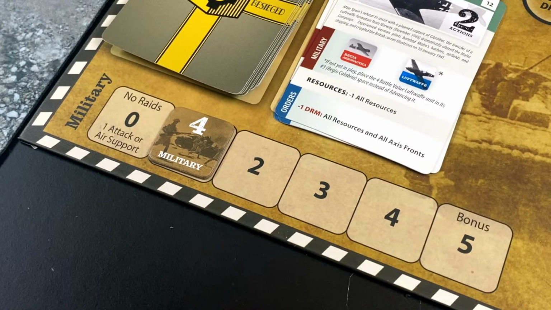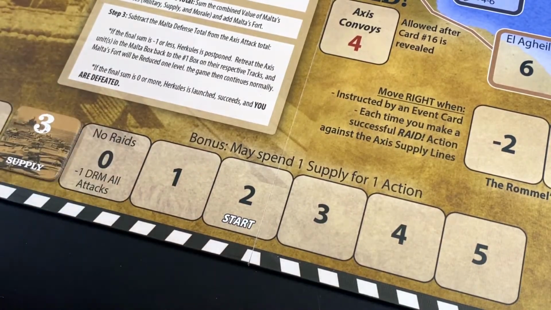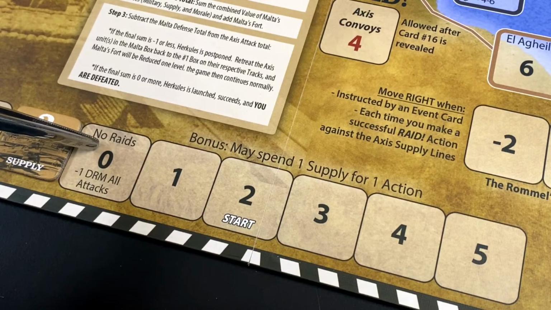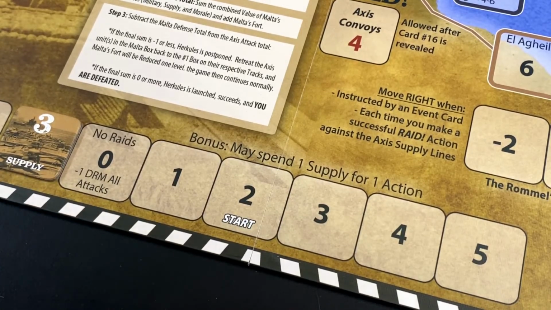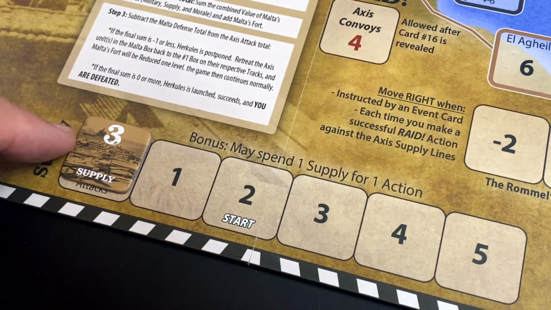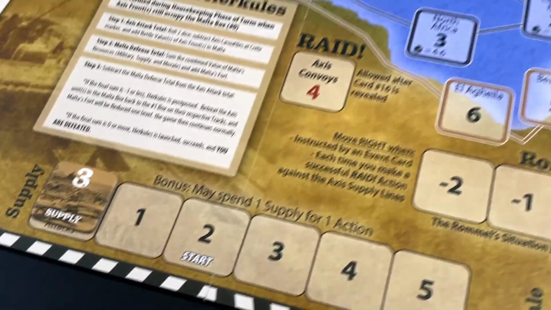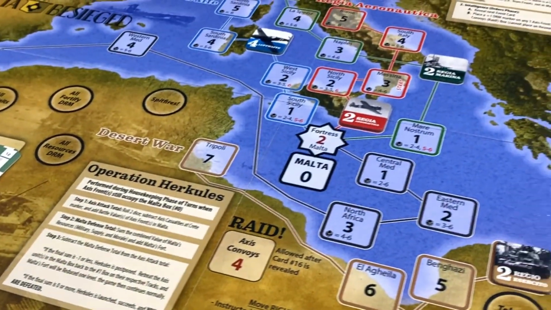Okay. So let's take a look at the penalties that we suffer because our supplies are at 0. It means we can't conduct any raids, but raids only happen as a way of obtaining favorable die roll modifiers against the Afrika Korps. So that's no big deal right now. The Afrika Korps is not in play, but we get a -1 die roll modifier against all attacks that we make against the fronts. So that's pertinent and very relevant to what we're trying to do, which is push them back. So we are in really dire straits very early on in the game. So let's see